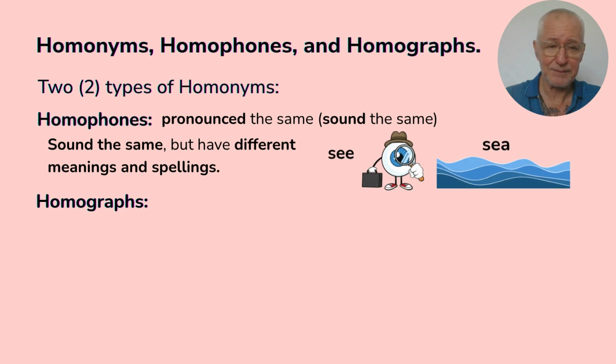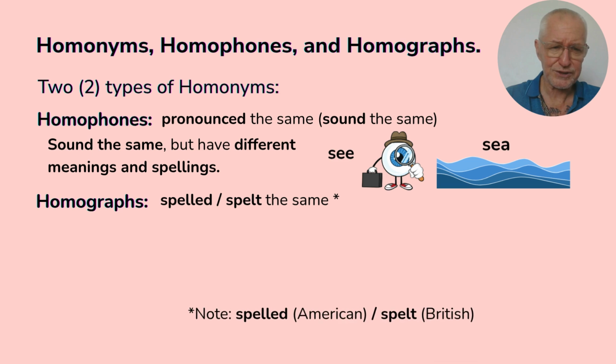Okay, so our example see and sea, these are homophones. They sound the same but have different meanings and different spellings. The key to remembering these is phones, homophones. So phones, listen, sound. Homographs, these are spelled or spelt the same, depending on whether you're British or American, whether